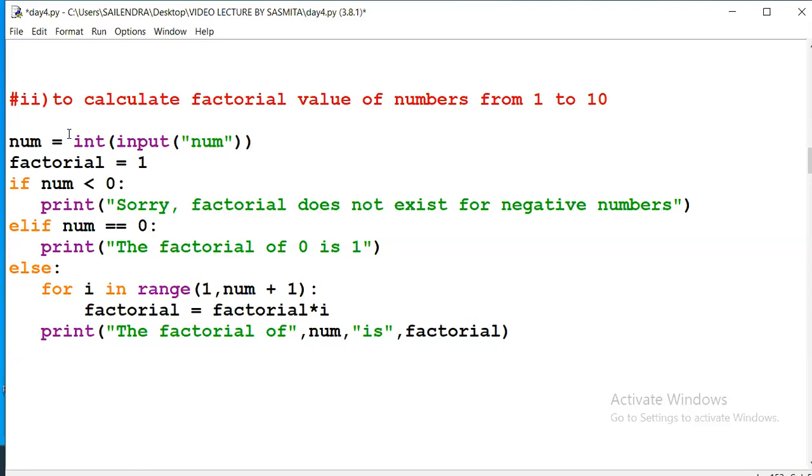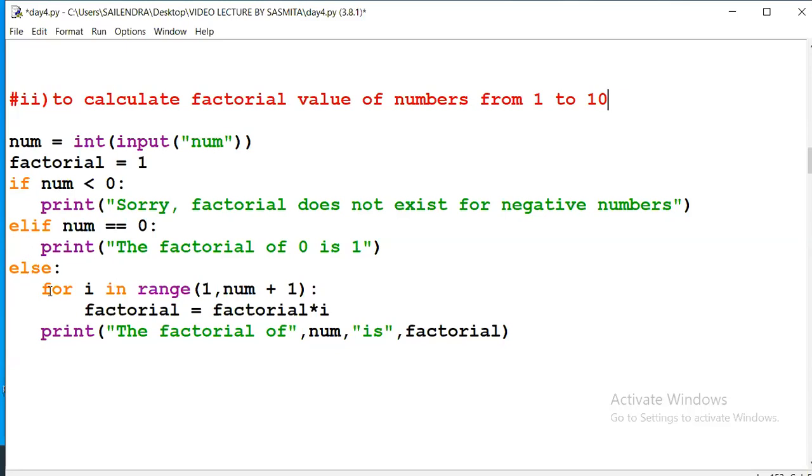If number is less than 0, meaning a negative number, we will say the factorial does not exist for negative numbers. Then elif, see here, this is a nested if condition: if, elif, else.